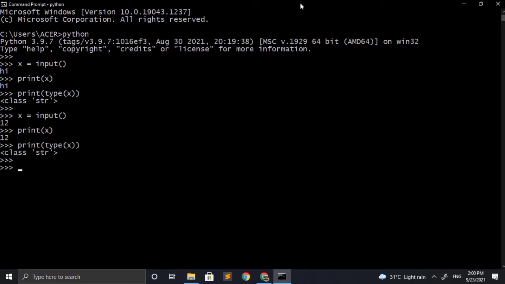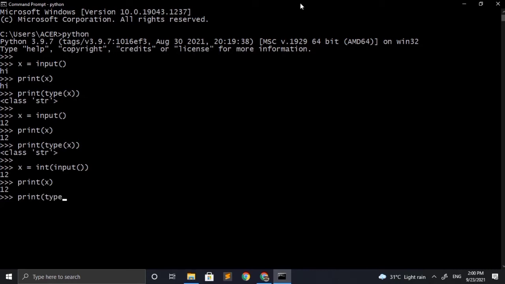As we already know, in Python the input is automatically typecasted to a string irrespective of what the input was. So if we are making a calculator, then we require input in the form of integers or floats only. Then we need to typecast our input again. So we will be typecasting as shown on the screen.